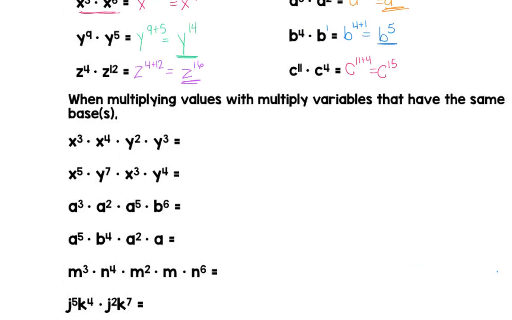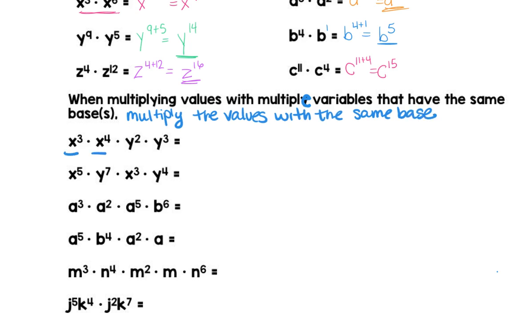When we are multiplying values with multiple variables that have the same bases, we are going to multiply the values with the same bases. What does that mean? So right here we have x to the 3rd and x to the 4th. So this is going to be x to the 3 plus 4 power